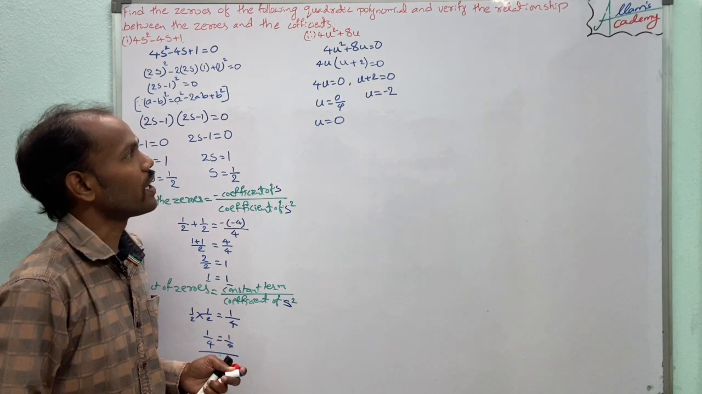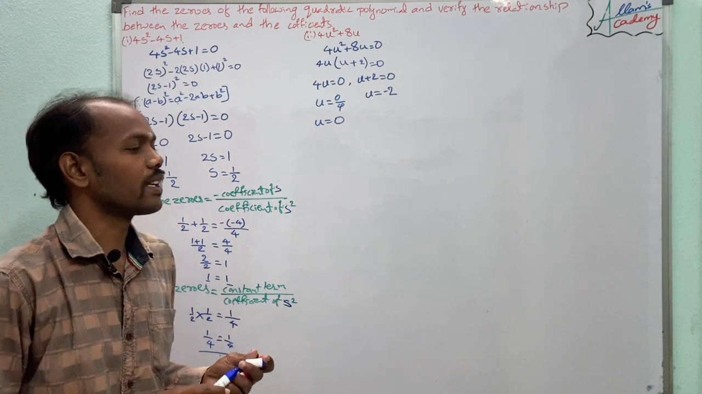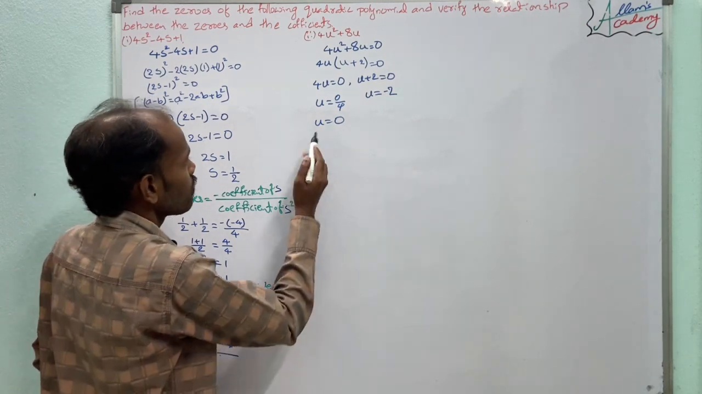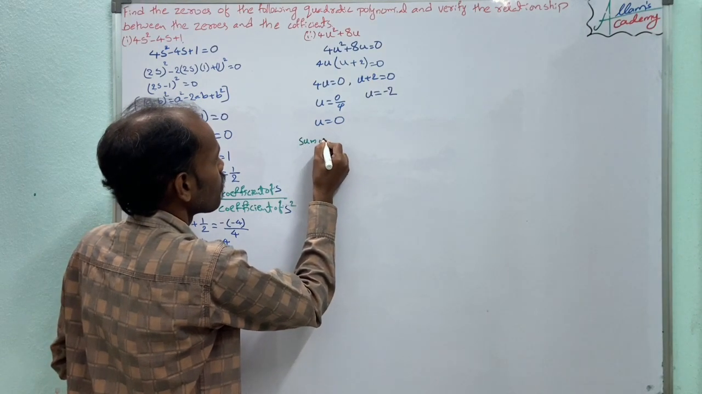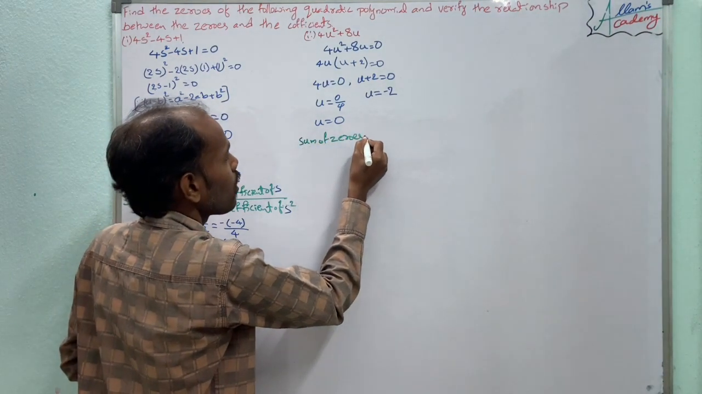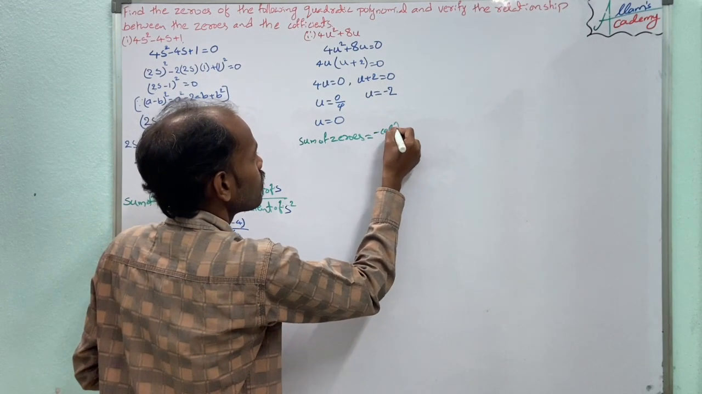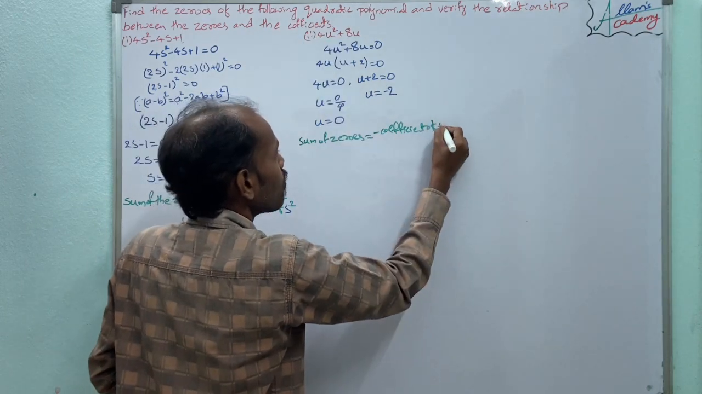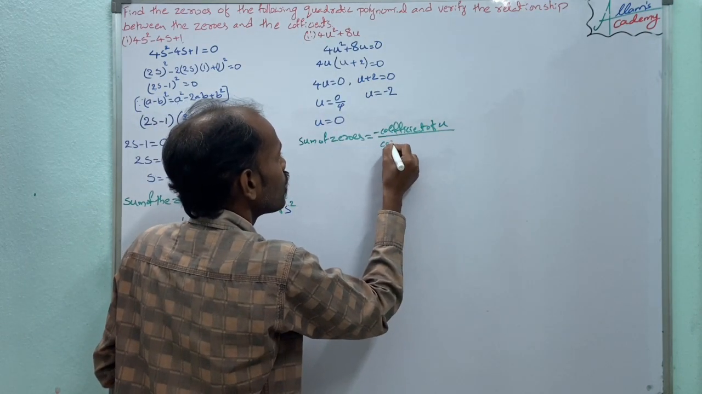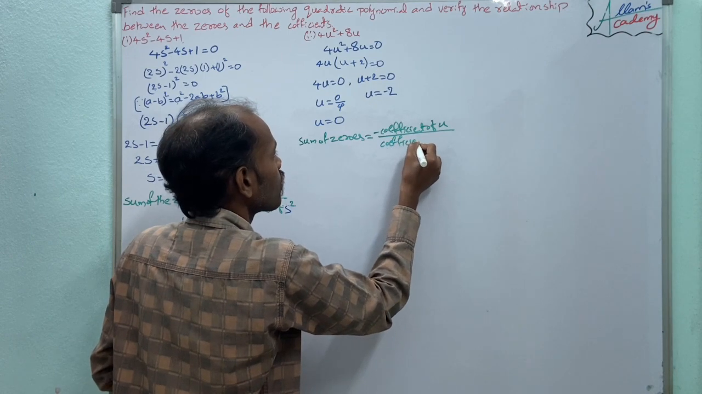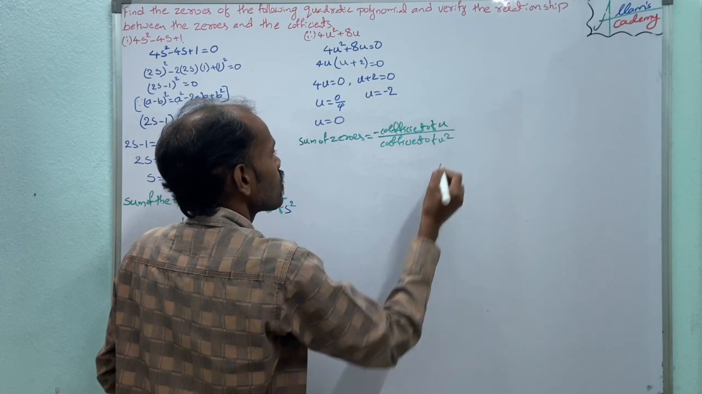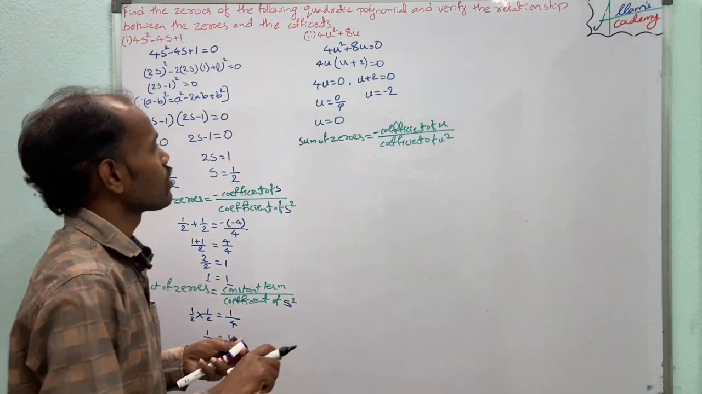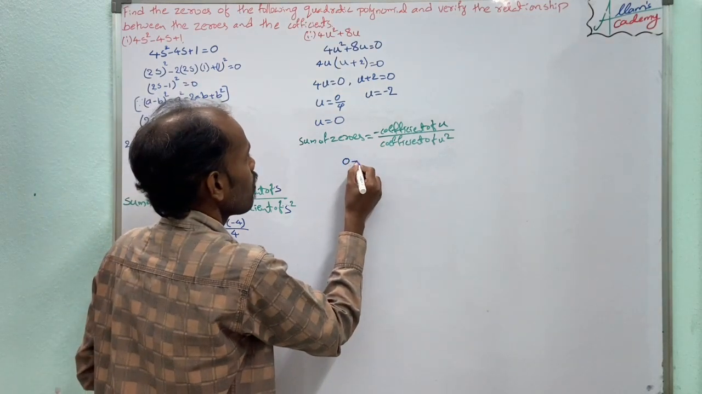So now find the relationship between zeros and the coefficients. So the sum of the zeros equal to minus coefficient of u by coefficient of u square. So now here if we observe the zeros sum, the zeros sum equal to 0 plus of